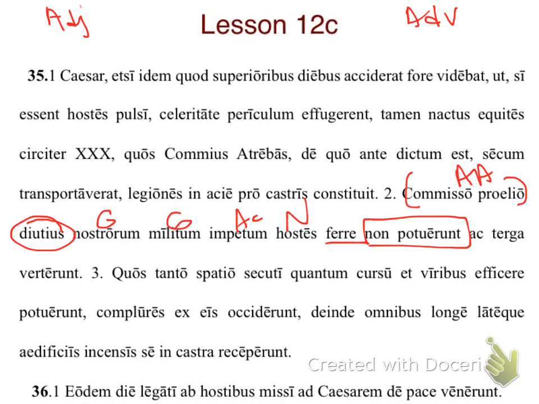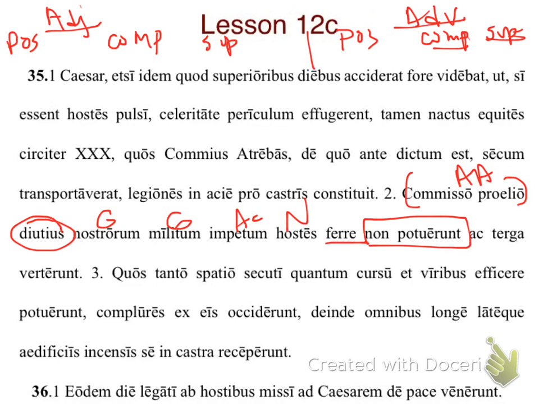Now, you remember that there are three degrees of adjectives, right? And three degrees of adverbs. So you've got positive, comparative, and superlative. Same deal for the adverbs: positive, comparative, superlative. Positive adjectives are like us, a, um. Comparatives are ior if it's masculine or feminine, and some third declension endings, or ius. And then the superlative is issimus,